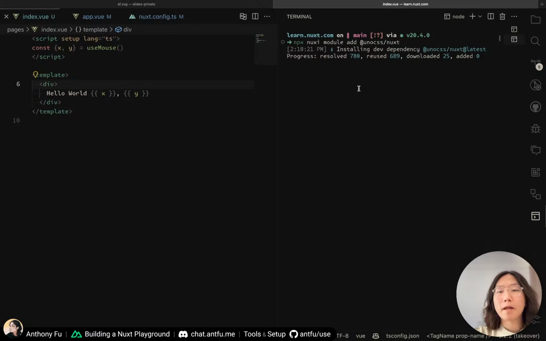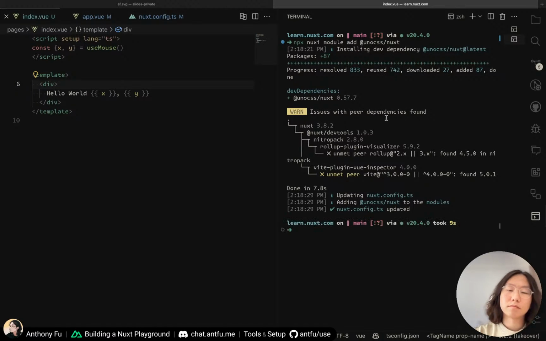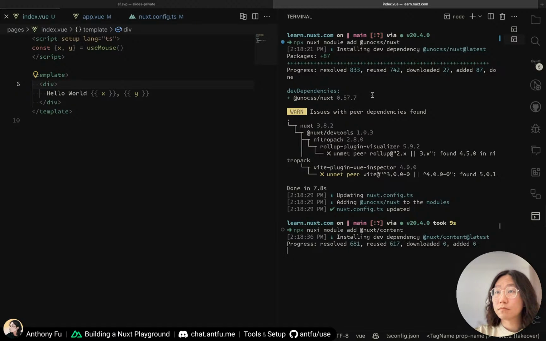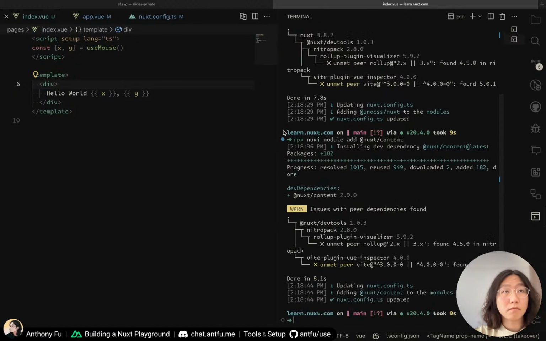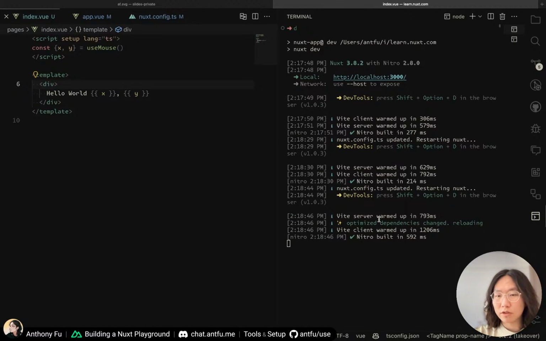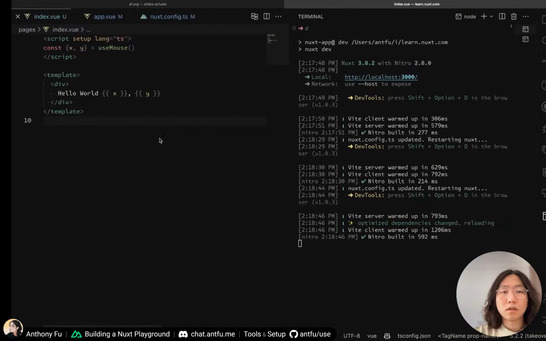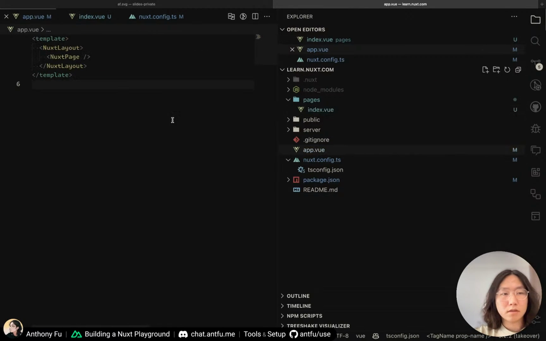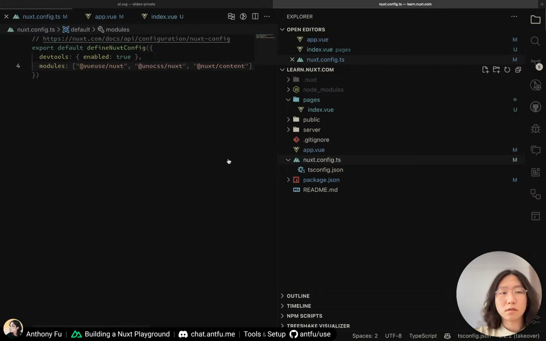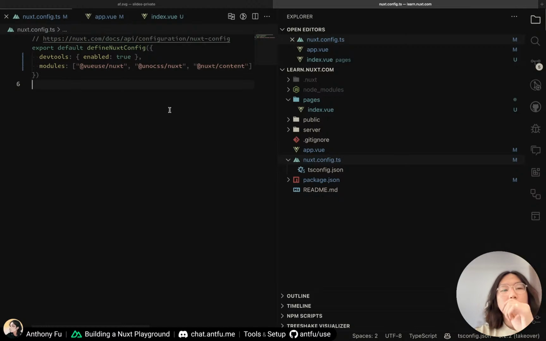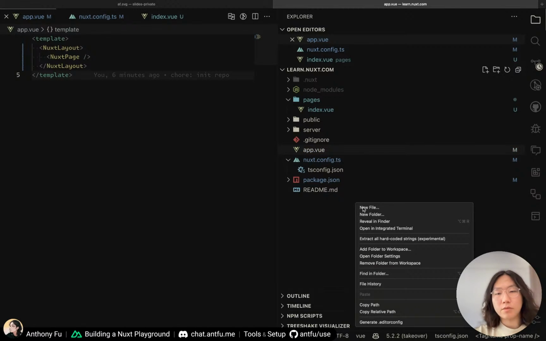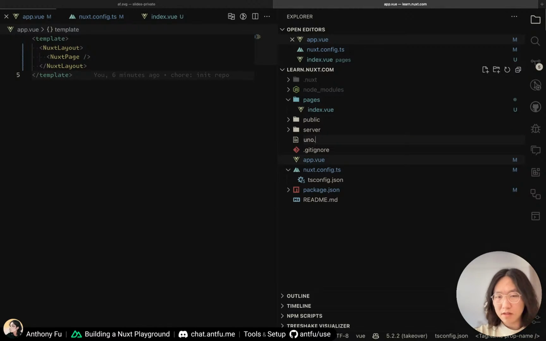What else do we need? Or maybe Nuxt Content also. All right, I think Nuxt should restart by itself. So here we have autosync, and okay. And we can start UnoCSS. Yeah, UnoCSS would be